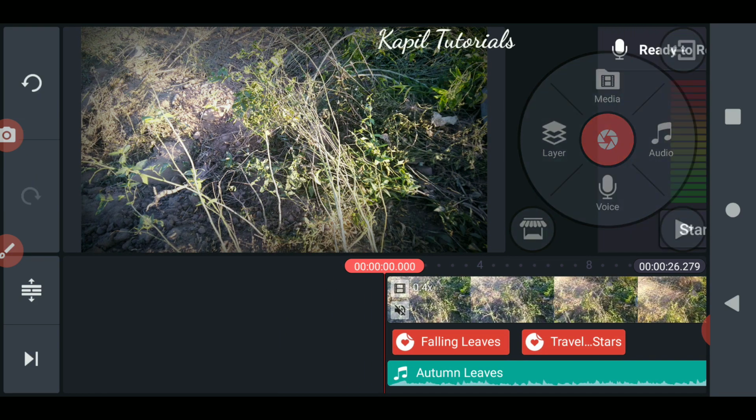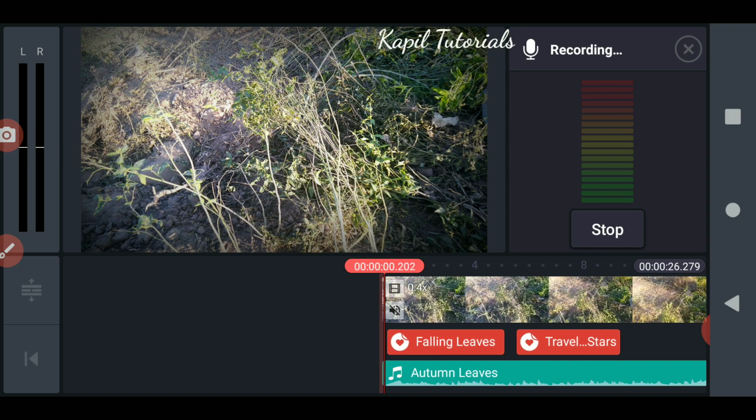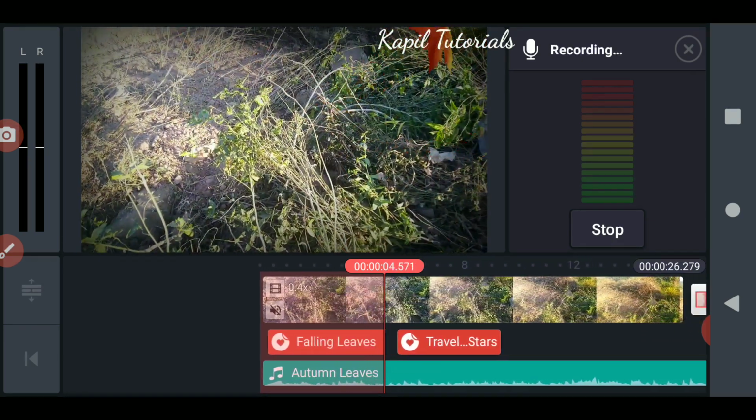Simple. You have to click on voice, then click on start, and then it will start recording. Okay.